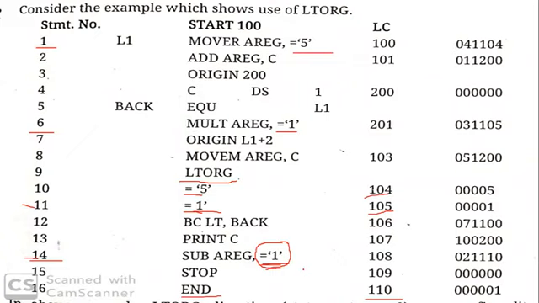We use the LTORG statement to process such literals in your program. Why is this processing required? Because in a particular machine instruction, we require the addresses of these literals. At this location we require the address of the literal =5. Here we can consider 104. We can see that =5 has address 104, which is used here. We require such addresses at the same location. For that purpose, we use the LTORG statement to process the literals.